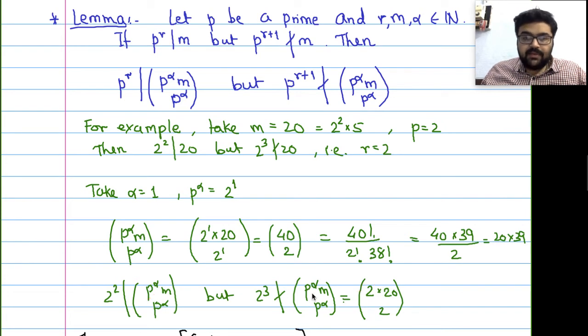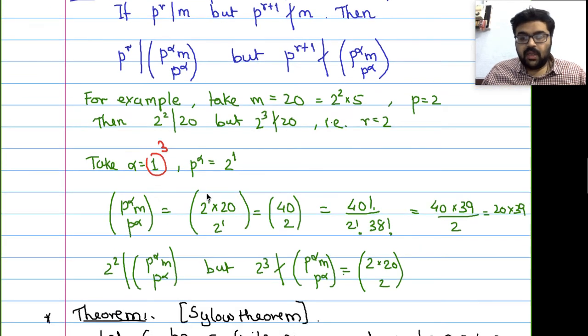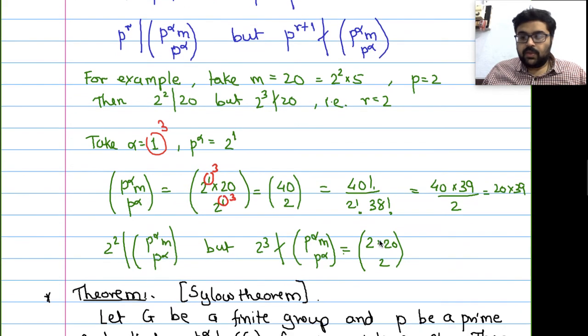We can also take alpha equals 3. If I take alpha equals 3 in place of 1, then here we have 2 cube and here we have 2 cube. So we will have 20 into 8, that is 160, choose 8. Even if we do this, it is the same. This one, 160 factorial upon 8 factorial and 152 factorial,